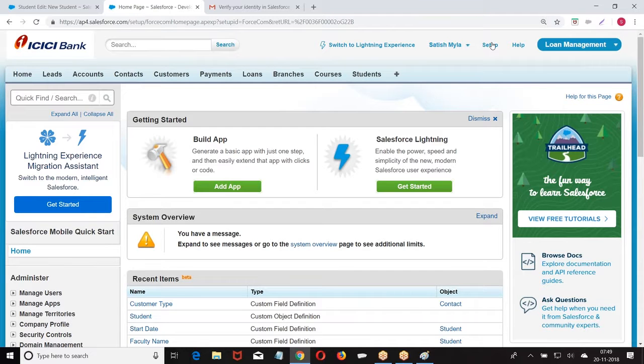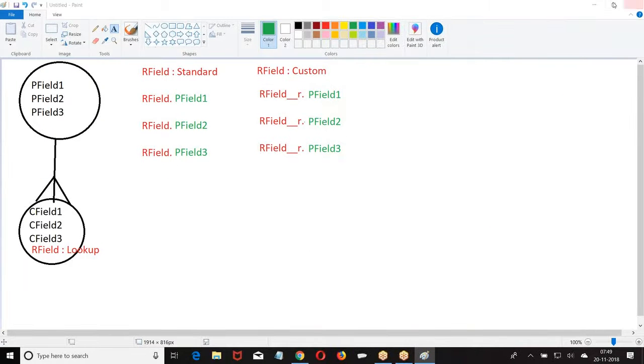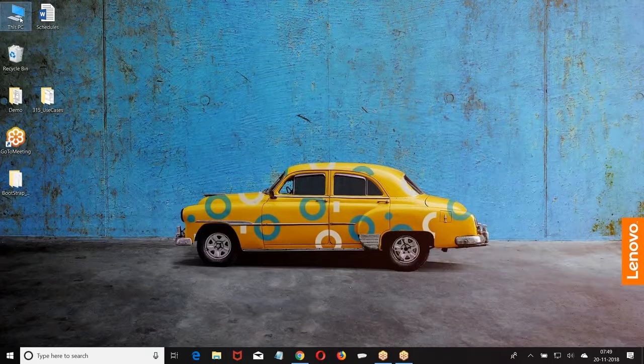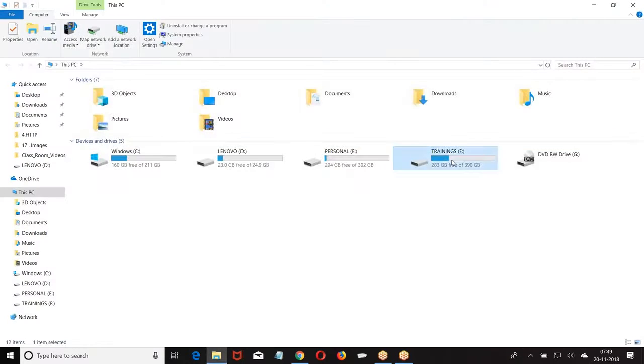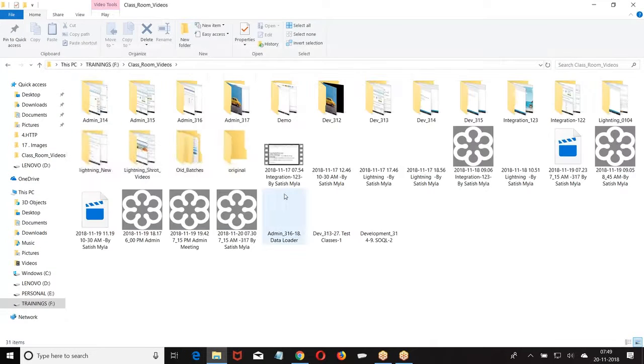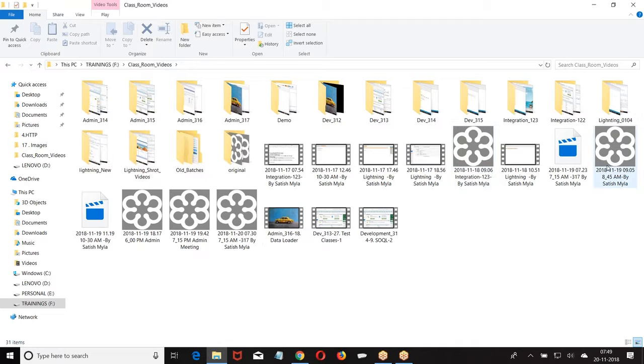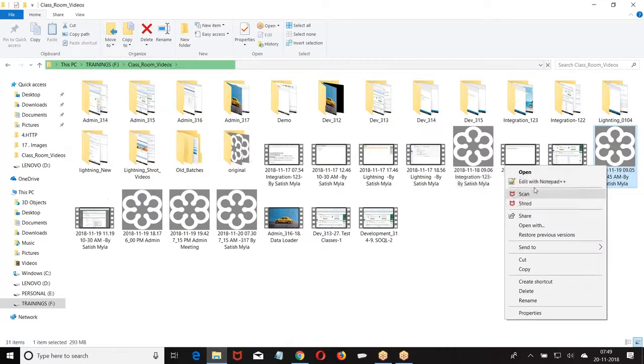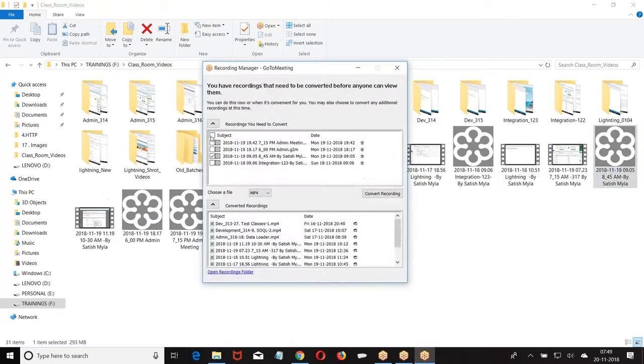Validation rules are classified into two types. One is system, the other one is custom validation. System validation means these are defined by Salesforce to verify whether the required fields are entered or not. Second, it is going to check whether the data type is compatible with your data or not. These things are verified by system validation rules.